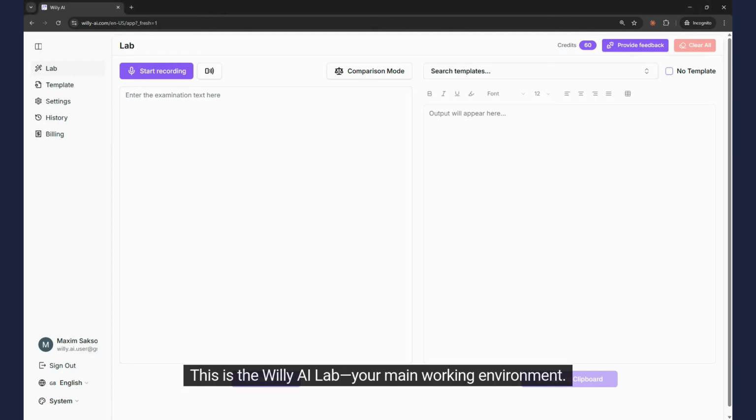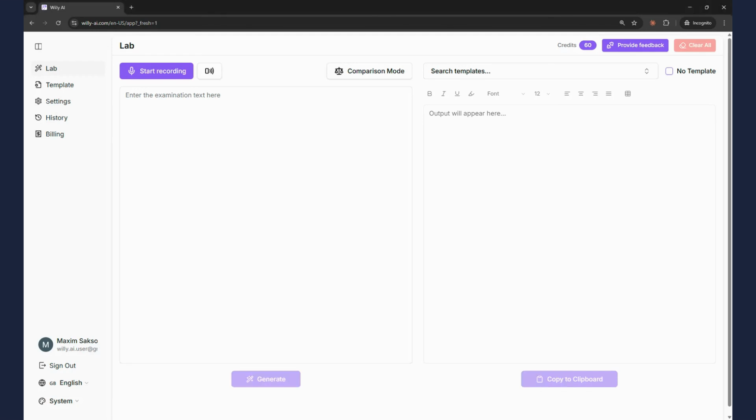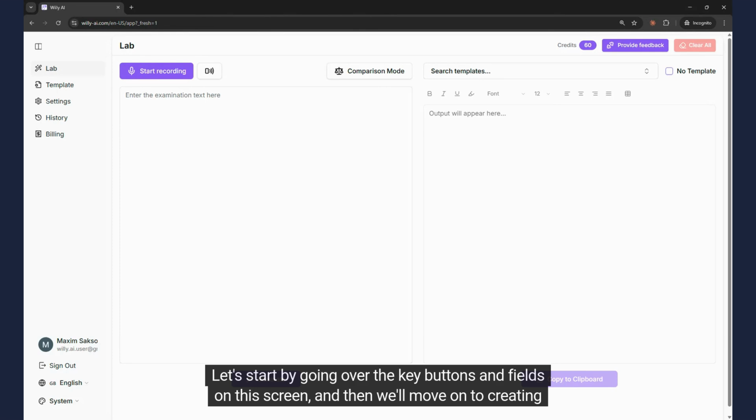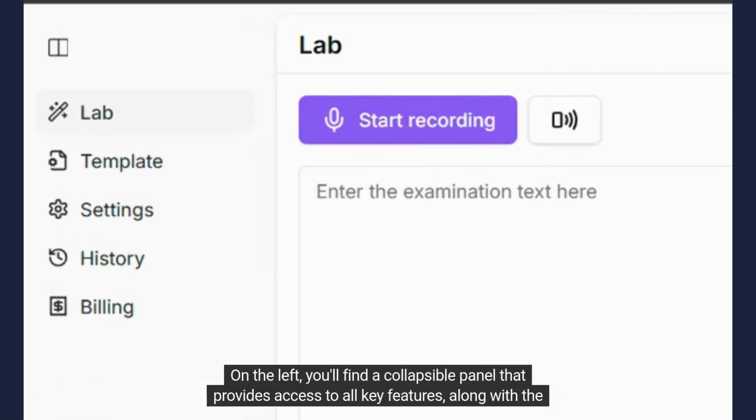This is the Willy-ai lab, your main working environment. Let's start by going over the key buttons and fields on this screen, and then we'll move on to creating your first report. On the left, you'll find a collapsible panel that provides access to all key features, along with